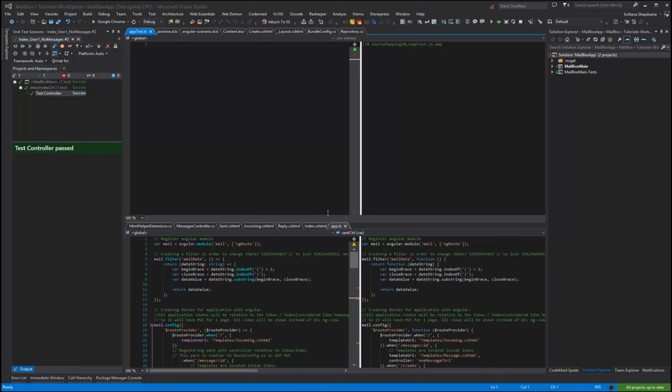Hi, today we're going to look at test-driven development which is used with Angular controllers, but for me it was the most difficult tutorial, and probably covering everything in one tutorial would be too much. So I decided to split our tutorial into several parts. In part 1, we will see about